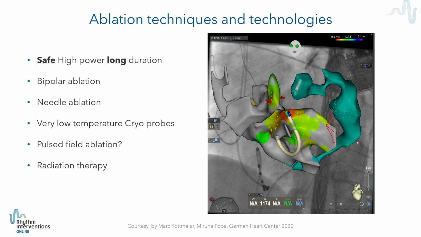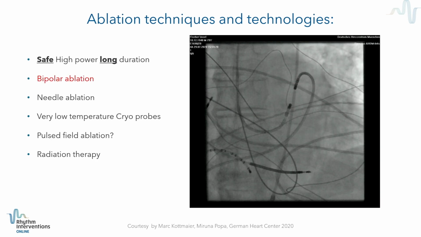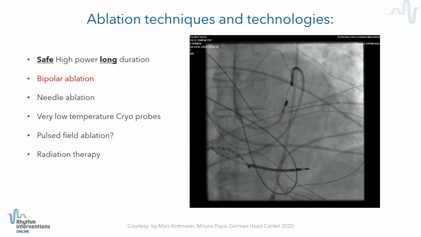What we then finally did is a bipolar ablation, and you can appreciate these 2 ablation catheters, the one deep inside the coronary sinus and the other one endocardially in the LV. And finally, by this bipolar ablation between the 2 tips of these 2 ablation catheters, we got rid of that